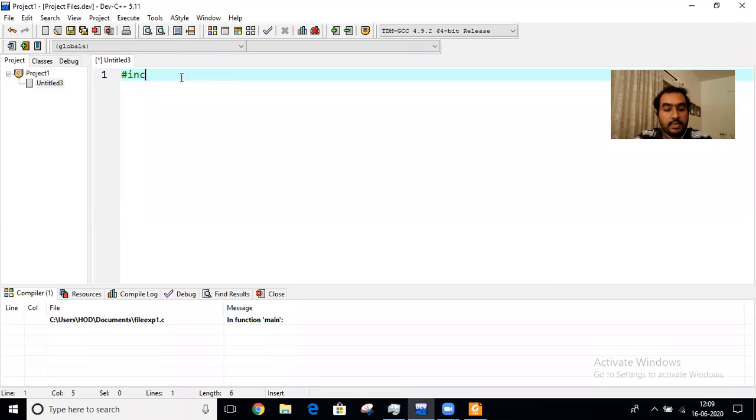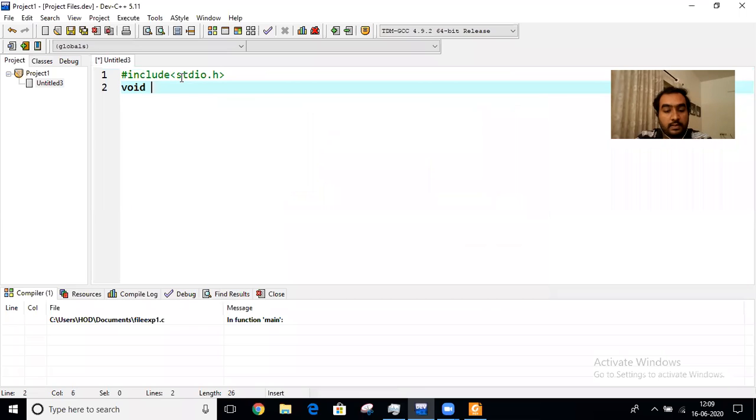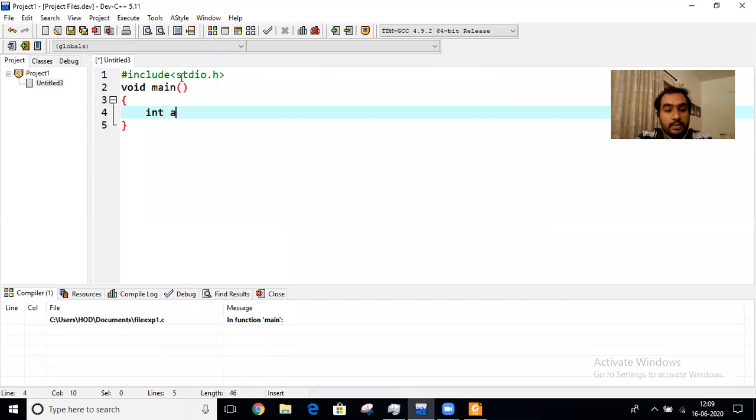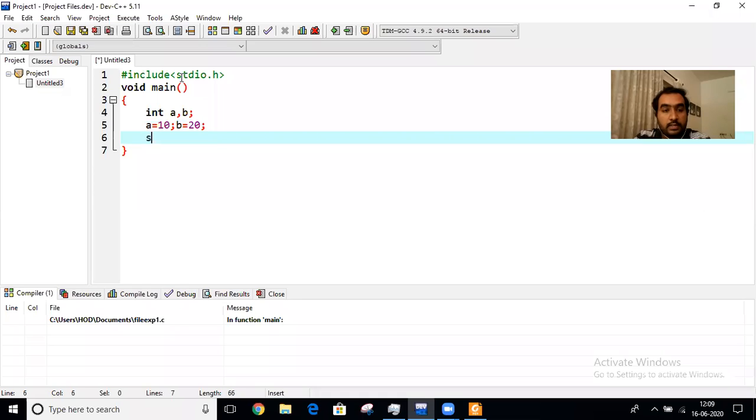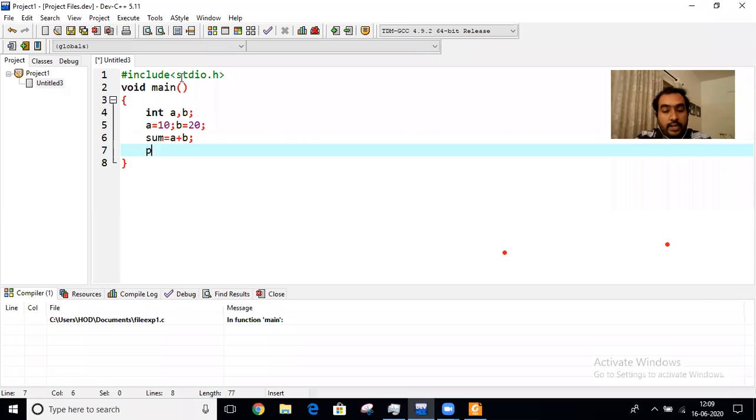Let us see an example problem: find the sum of two numbers. Here we are writing the program with A and B. So A equal to 10 and B equal to 20. Sum equal to A plus B. And finally, I'm printing the sum. The sum of,